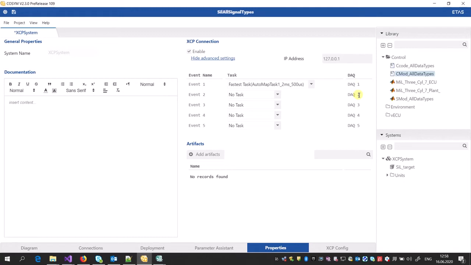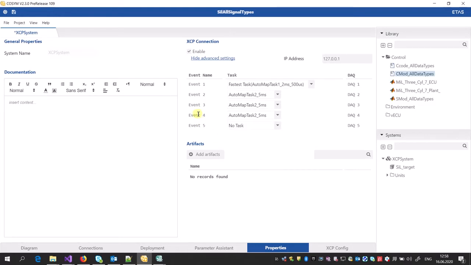I can assign a task to another channel myself, for example 5 millisecond to data channel 2. This DAQ means data acquisition. For 3, 4, 5, I don't have any other task, but still I can assign the same task to different data channels.